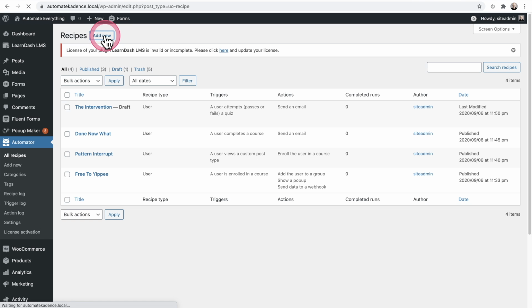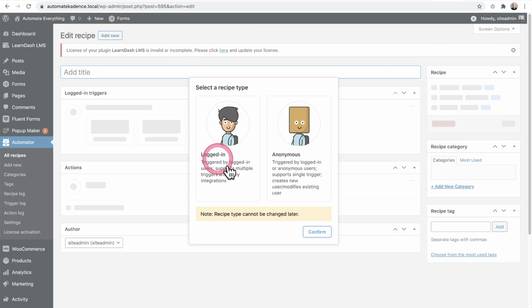So let's go ahead and create this automation. Now here's where it gets a little tricky. Is the person going to be logged in, or are they going to be anonymous? Remember, the free version of Uncanny Automator only has logged in triggers. So, but maybe someone's on your website and they don't have an account yet,